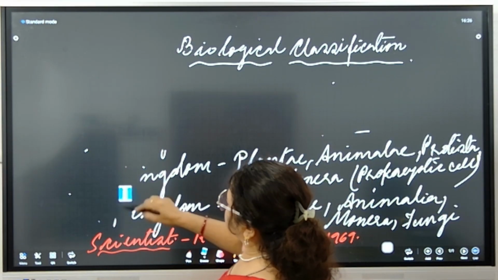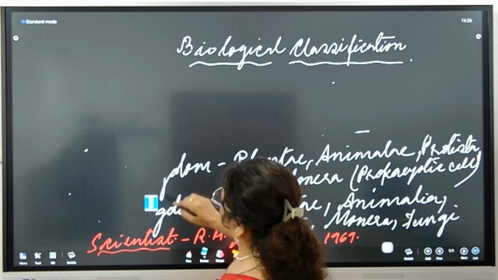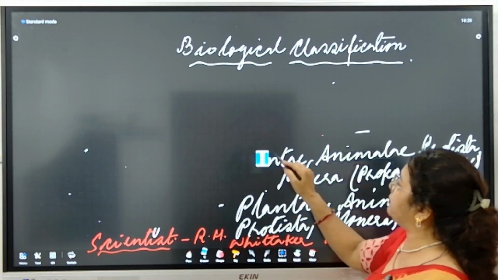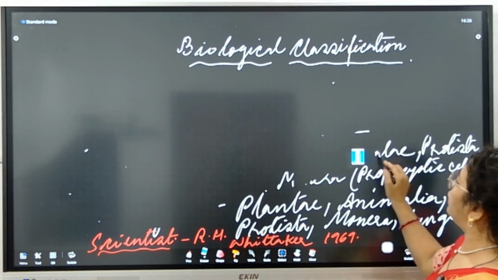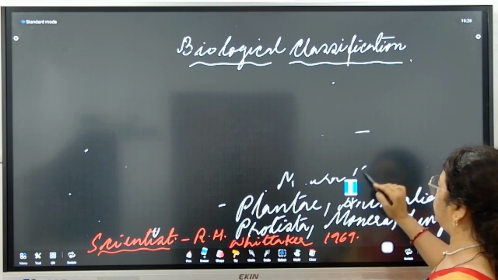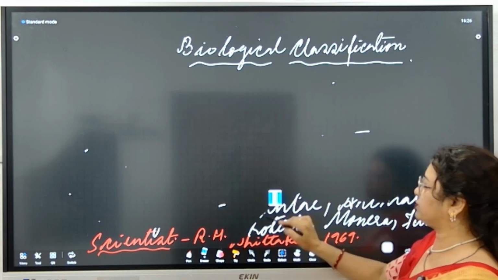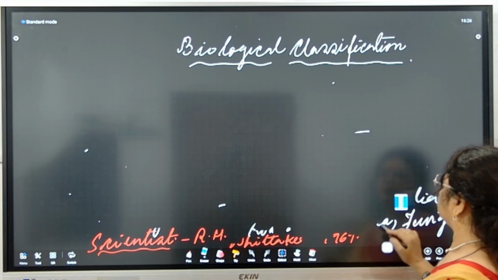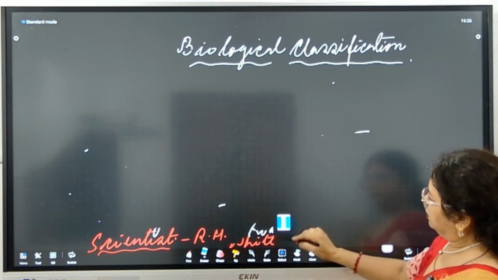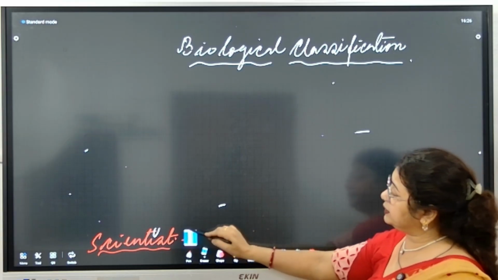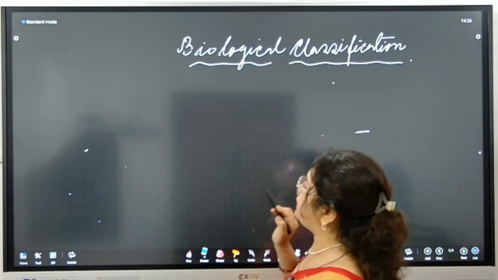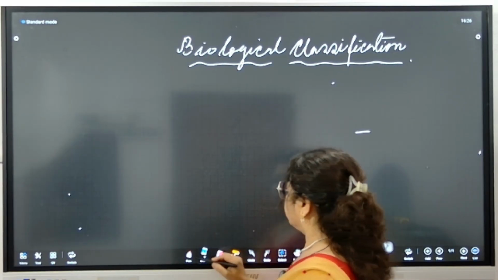See, first, Monera protista. These were derived on the basis of what? These were derived on the basis of development of the nucleus. That means the structure of the cell was given importance. So one of the criteria is the structure of the cell. Next, Monera protista were unicellular, and the unicellular organisms Monera protista were separated from plant kingdom and animal kingdom because